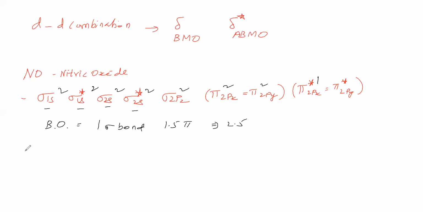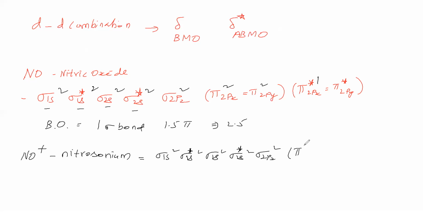Okay, next we will go for NO plus, the nitrosonium ion. NO plus is named the nitrosonium ion, we can say. For this nitrosonium ion, what is the configuration? Here in this NO, you remove one electron, that means from pi star 2px, you remove it, then we get the nitrosonium ion. So sigma 1s2, sigma star 1s2, sigma 2s2, sigma star 2s2, sigma 2pz2,